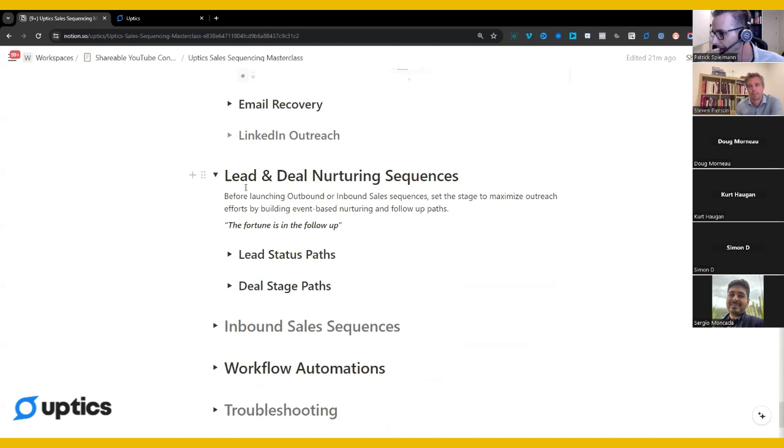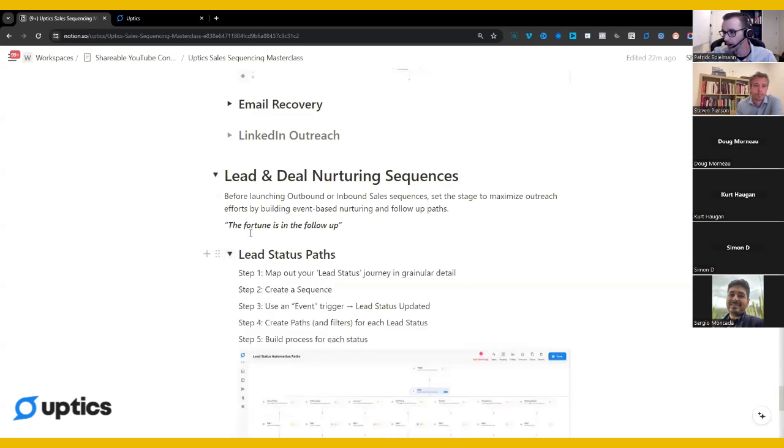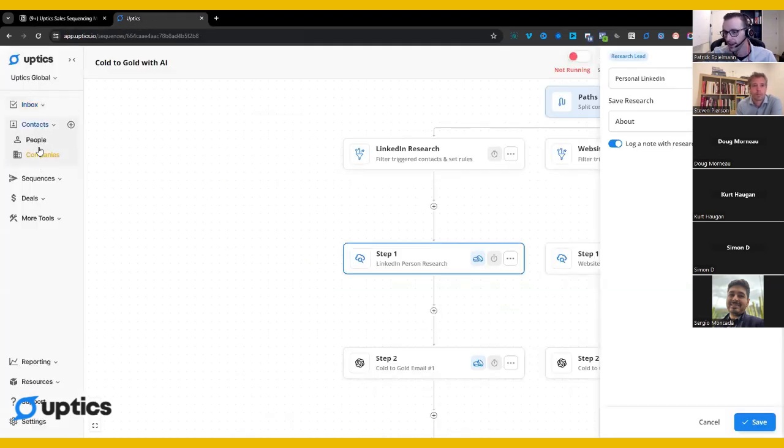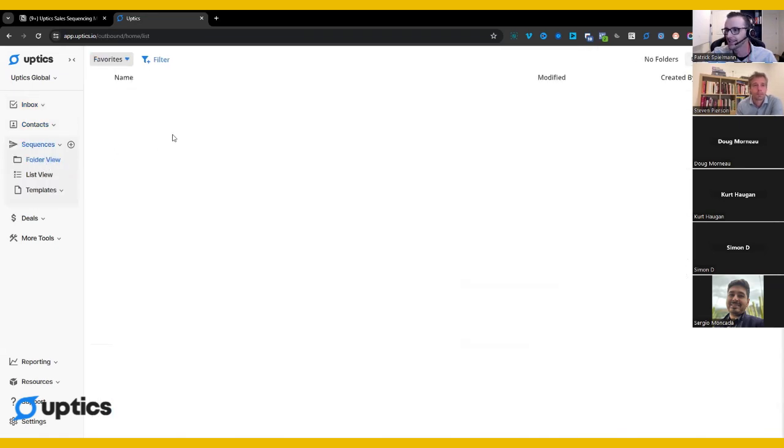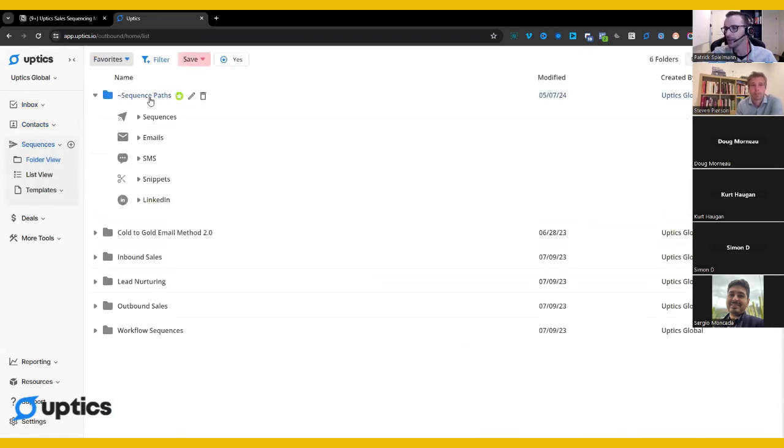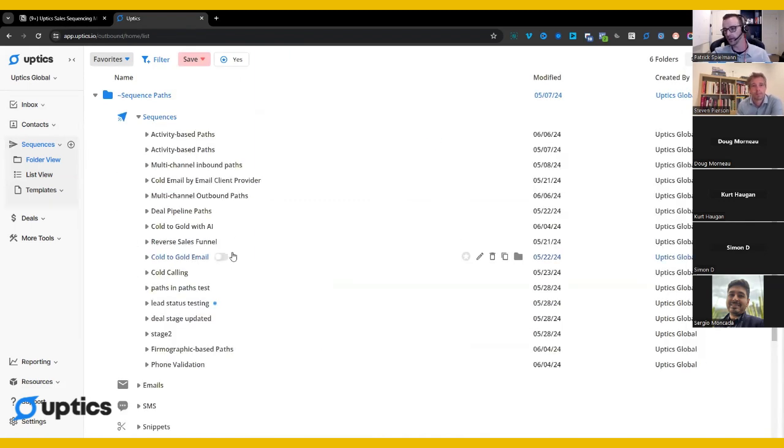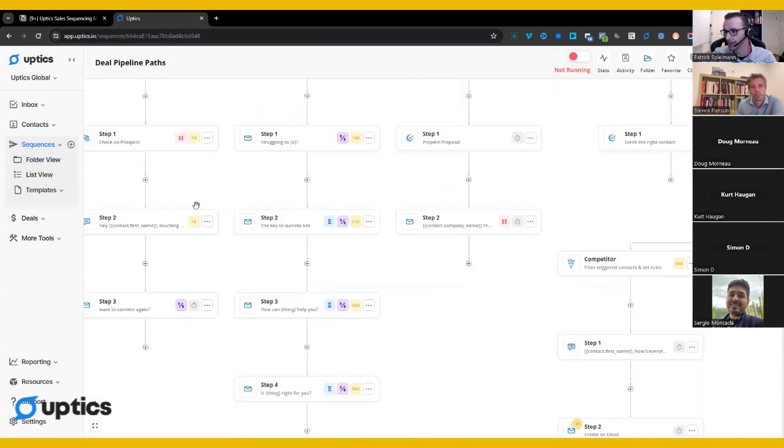I will try to wrap it up with this here today, and then next week there'll be a lot more time for open Q&A and all that kind of stuff. So I'll challenge everyone to start building some of these. But the ones I want to leave on here today are the lead and deal nurturing sequences. And these are probably not as sexy to everybody else here on this call, but I'm going to challenge everyone to actually do it. Especially just to squeeze all the blood out of everything you possibly can for all of your opportunities. Okay, especially if you have kind of a higher volume opportunity